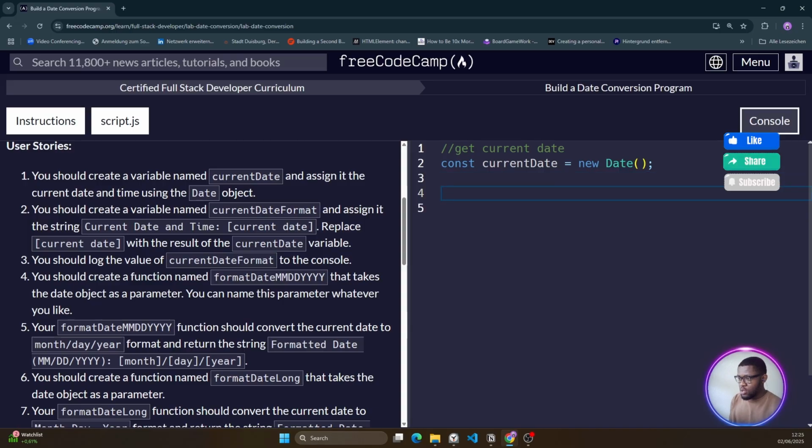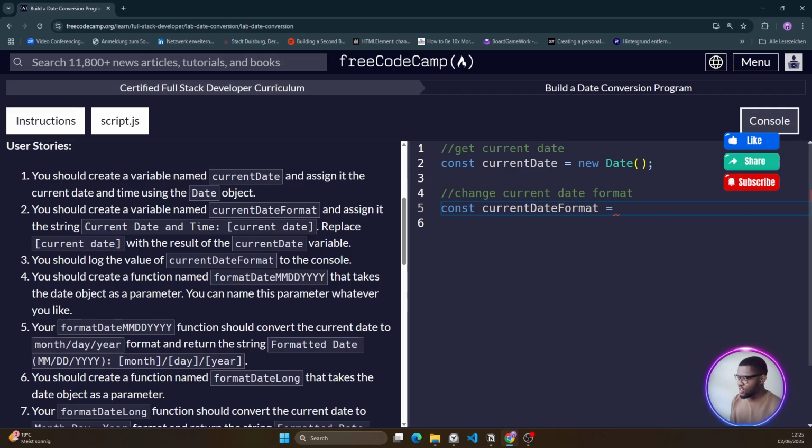Okay. Let's change currentDateFormat. So now we just write const currentDateFormat is equal to,